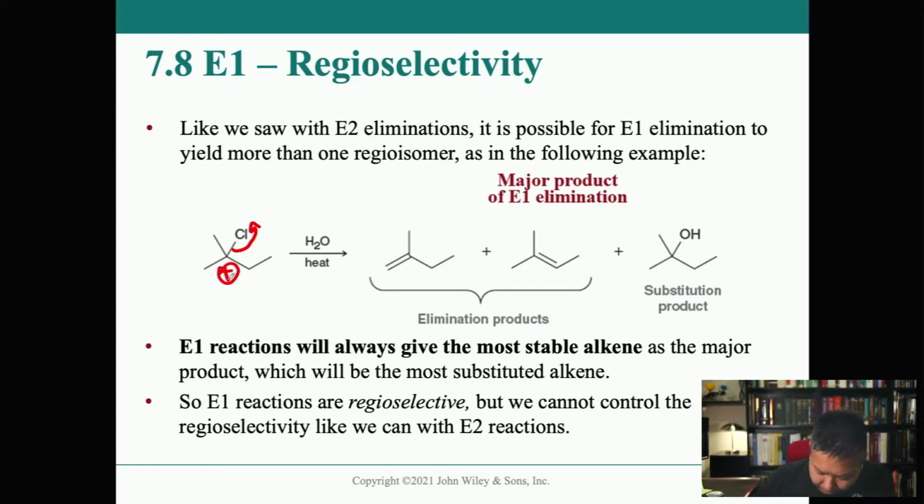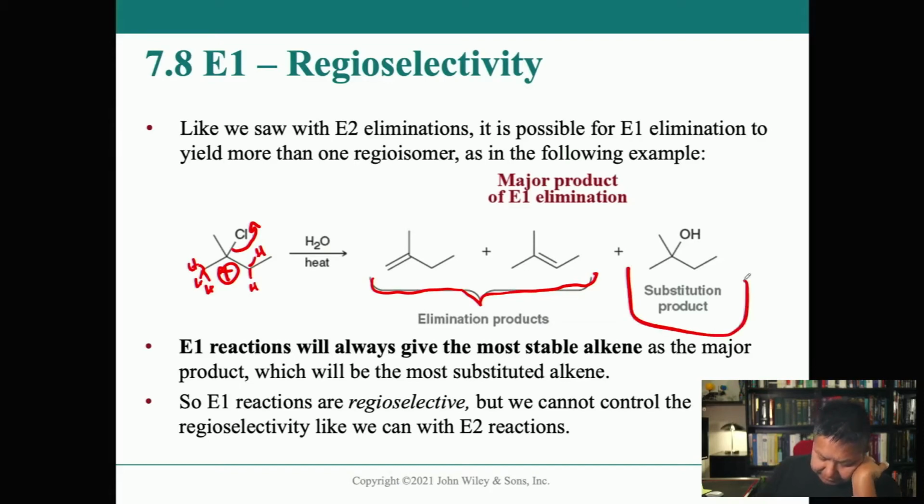Our elimination products are these two here, because we have protons that we can pull from here, or protons we can pull from here. And that depended on whether or not you had a bulky base, remember that? Or a streamlined base. But then we also have the